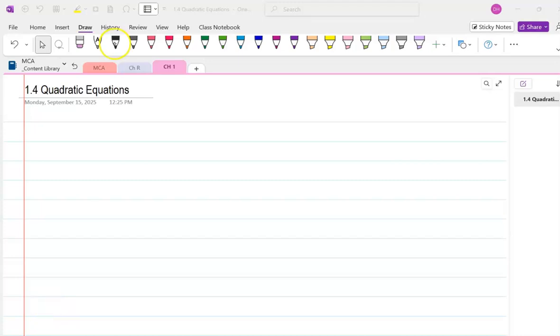In section 1.4, we've just got quadratic equations. So the only difference between section R6 and 1.4 is that when we have ax squared plus bx plus c, now it's going to be set equal. If it's not set equal to 0, you have to get it set equal to 0. So for example, if we have something like 8x squared plus 9x equals -2